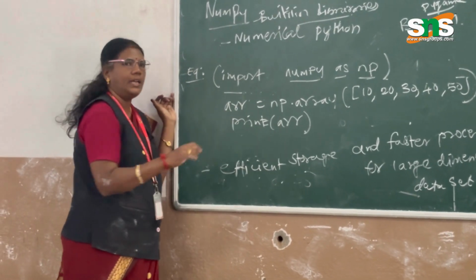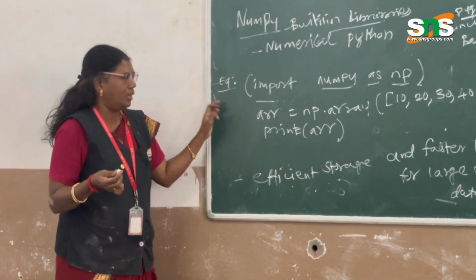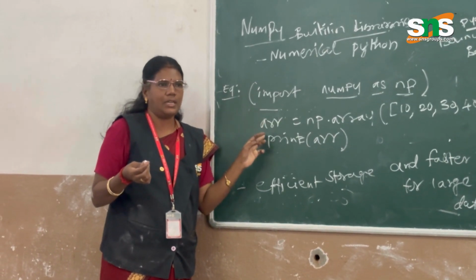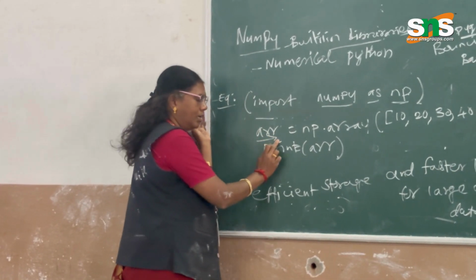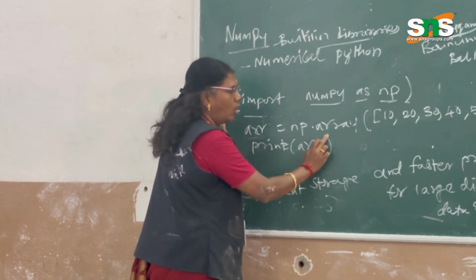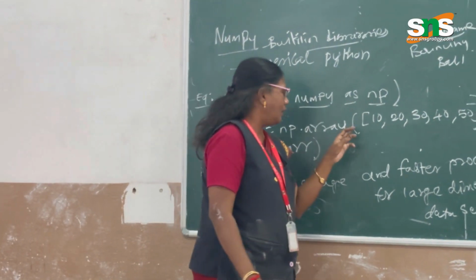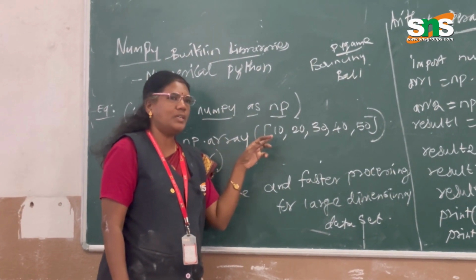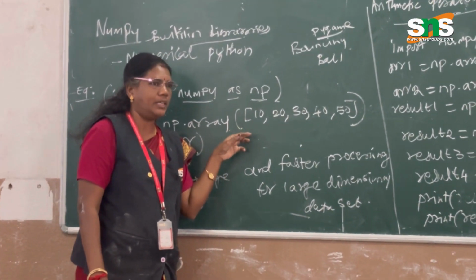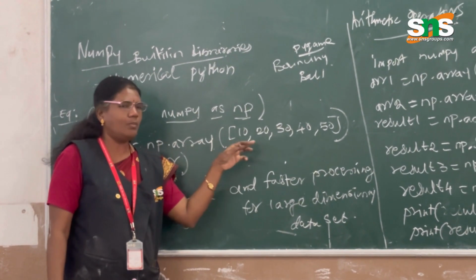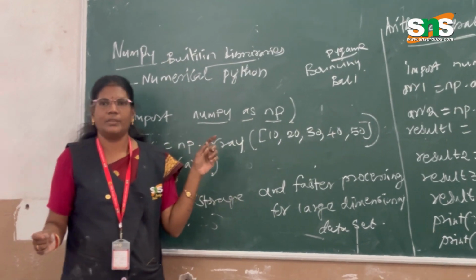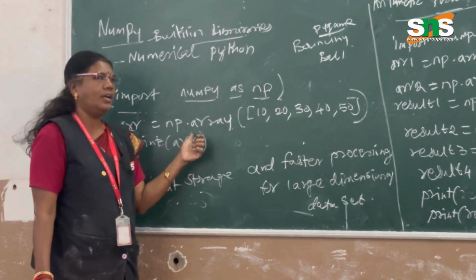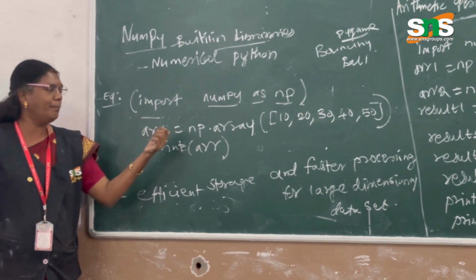After that, we have to declare an array in the NumPy library, and then print that array. This is an example of the NumPy library. Declare an array: array name equal to np dot array of, where the array contains 5 elements. The 5 elements are declared in a list, that is, a square bracket is there, with 10, 20, 30, 40, 50. These are the 5 elements which are stored in the array, and the array is a NumPy array.